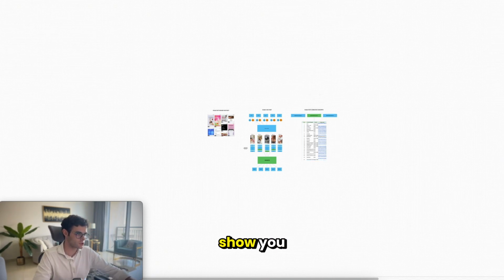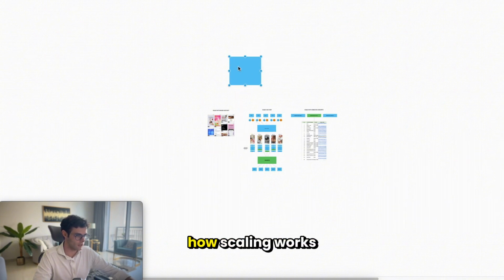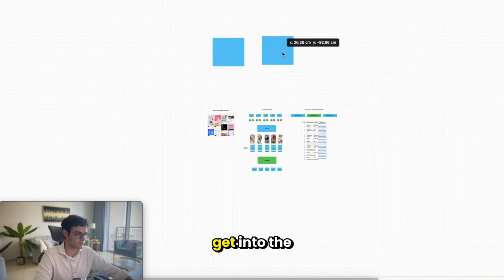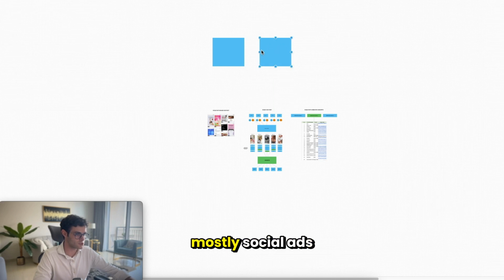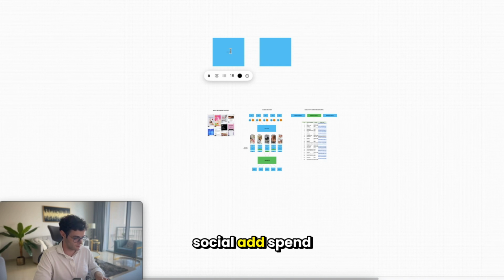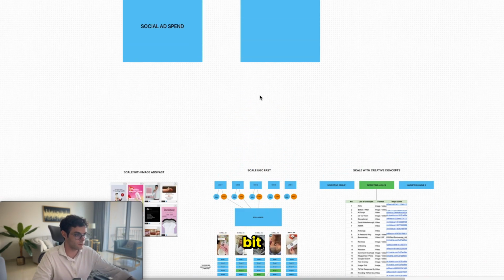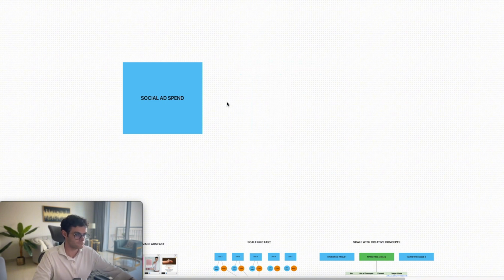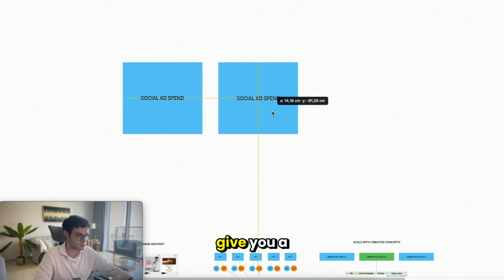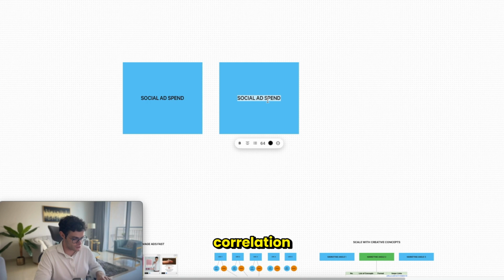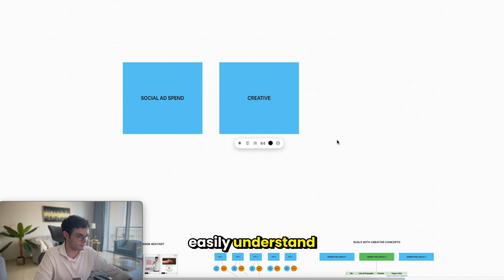And so I also want to show you a quick diagram over here, because this shows you how scaling works just before we get into the video. But this is mostly social ads, right? Let me write social ad spend, and let me just increase this so you can see it. So let me just zoom in a little bit. This is social ad spend, right? And so what happens here, let me just give you a correlation that you can easily understand, is that when